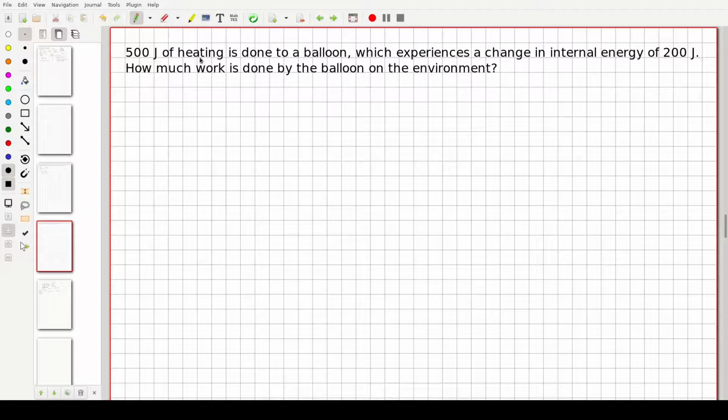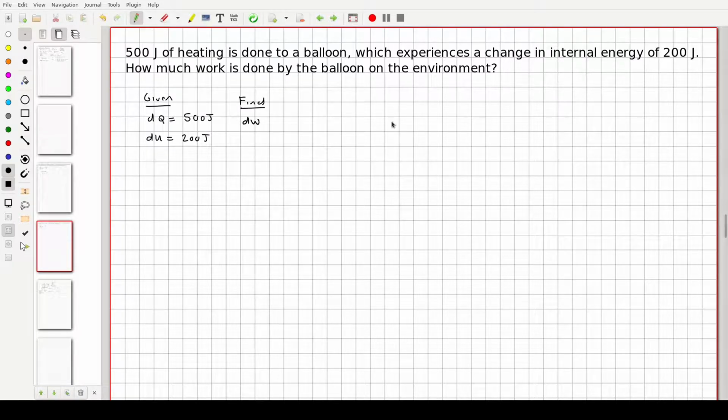Now here's another example of an easy one. We have 500 joules of heat that's being applied to a balloon. The balloon itself is going to experience a change in internal energy of positive 200 joules. That means its temperature is going up. Now, what I want to know is how much work is being done by the balloon on the environment. So what I'm given here is that my heat, dQ, is positive because my system is being heated. My balloon's being heated. So it's 500 joules. dU is positive as well. And I'm trying to find